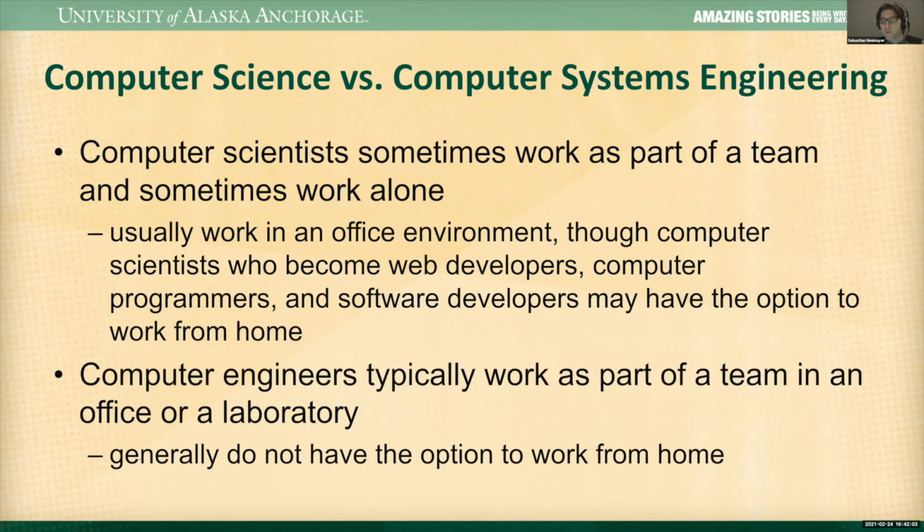There is a bit of a difference in terms of the teamwork involved. So computer scientists, when you program, you can sometimes write programs in smaller teams. So you might be expected to work in a more office environment, because you just have a keyboard and that's it in a computer. Whereas a computer engineer, you're going to need these circuit boards, or if you're doing more high frequency stuff, you might need more specialized equipment. And so because of that, you generally don't have the option to work from home. You generally work on larger teams because the projects are larger and require a lot more engineering effort.